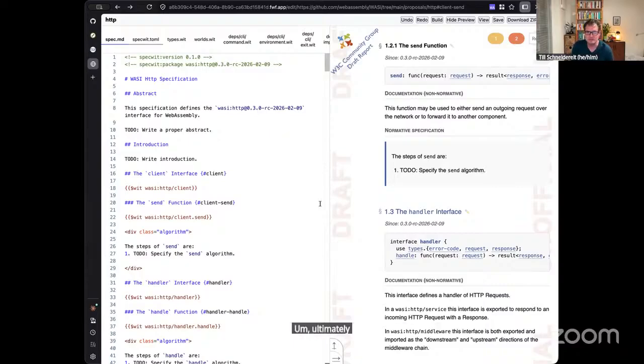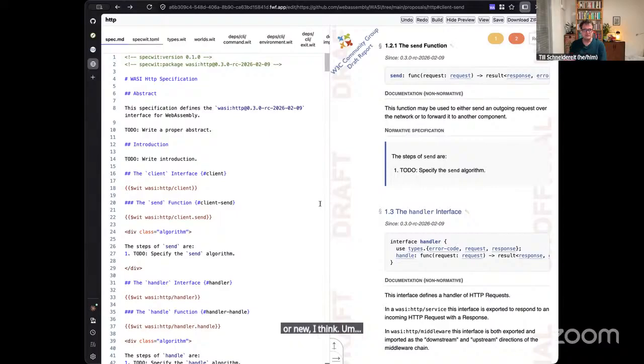Ultimately, maybe we can do a bit of a better integration with GitHub authentication. I don't know yet. All of this is also available as a CLI tool. So there's a SpecWit CLI tool, and this is really just an online interface for it. The SpecWit tool allows you to do specwit create, or new, I think,